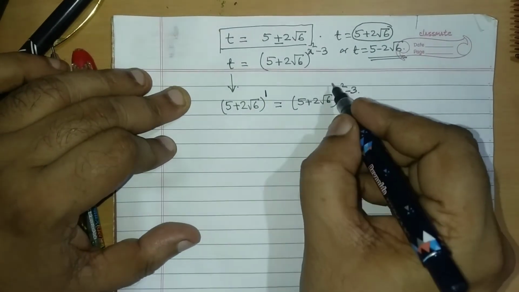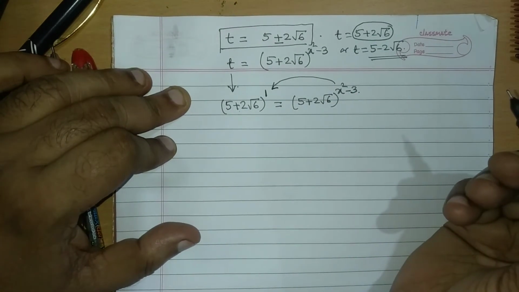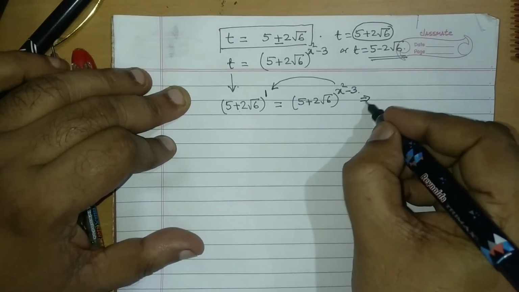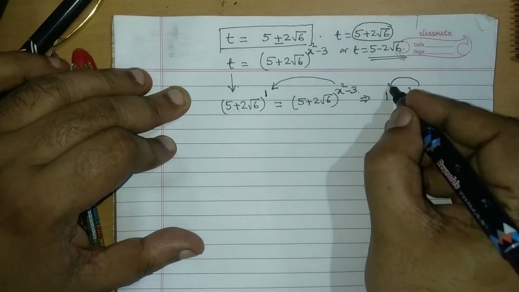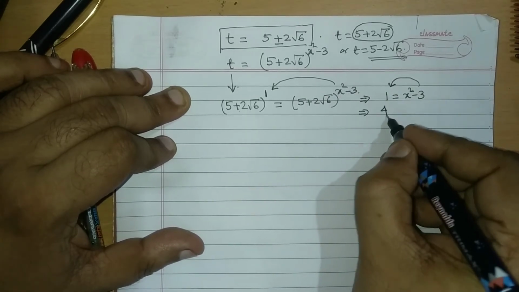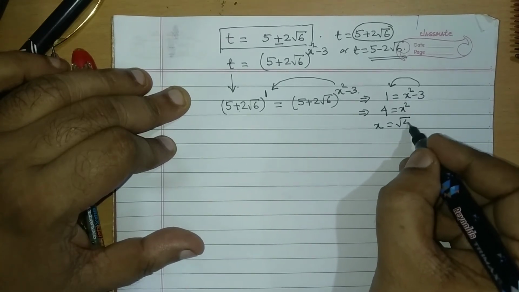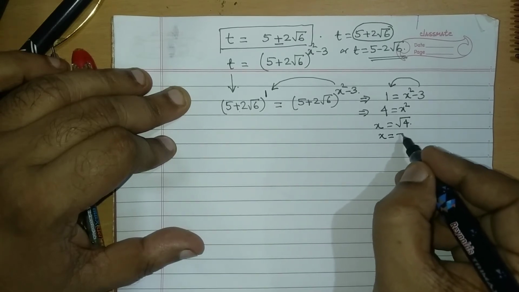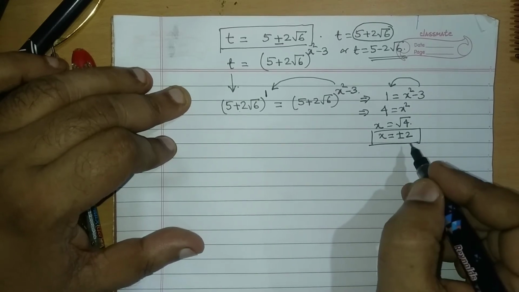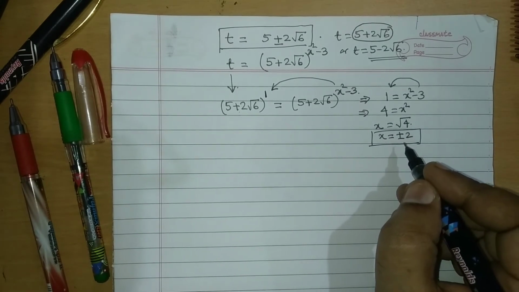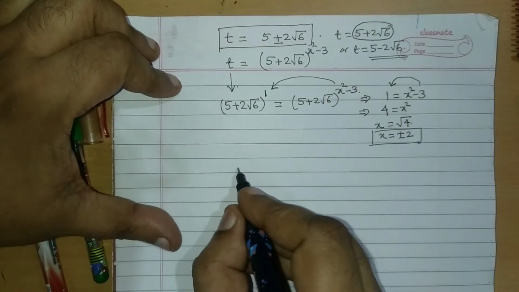1. So now base are same, both will be equal when their power should be same. So 1 should be equal to x square minus 3. So now bring 3 this side, so it is 4 is equal to x square. So x is equal to root under 4. So x is equal to plus minus 2. So the value of x we have found is equal to plus minus 2, and then the other value is also here.